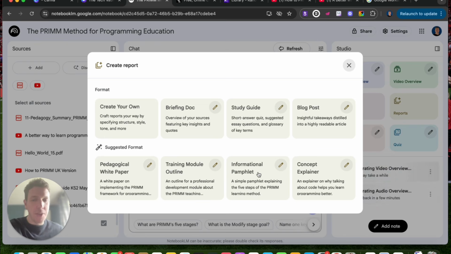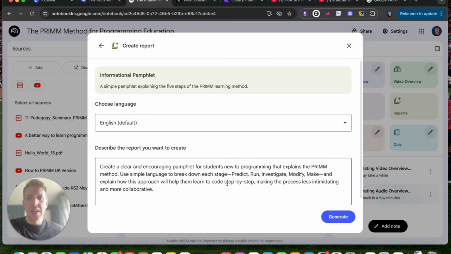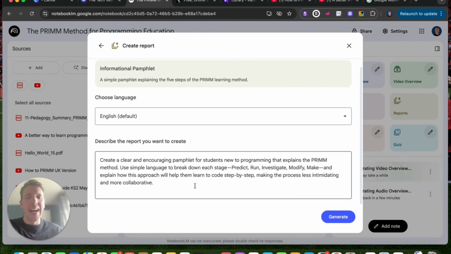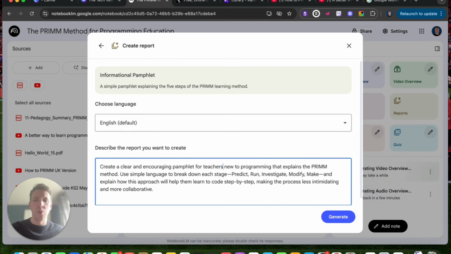Information pamphlet, that might be quite useful for a lot of my teachers, mightn't it? So let's click on the pencil tool here. This is where, at the bottom, we can edit what we want it to create, what report we need to create. So create a clear and encouraging pamphlet for students. Rather than students, I'm going to say for teachers, because I want my teachers in my school to learn